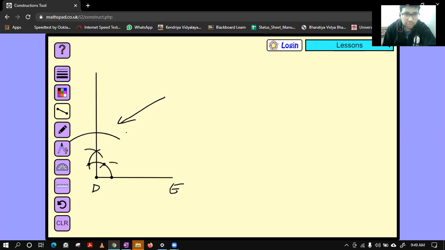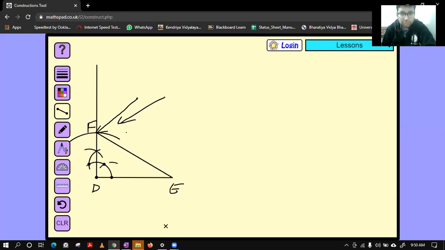So class, now have you found the point F? The point F is found by the intersection of the arc and the perpendicular. This is your point F. Now you just join this F to E and your triangle is ready. Well, it's very easy. Yes, class? Now is it clear to everyone? All the thing is you have to draw a rough diagram in the starting.